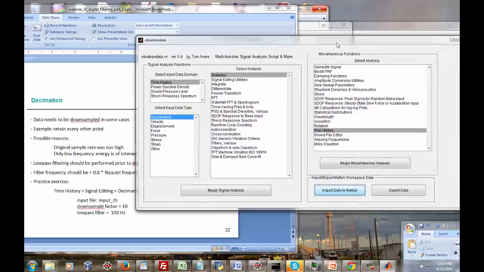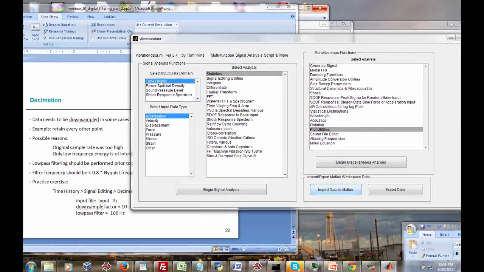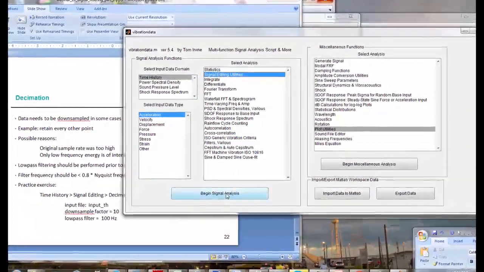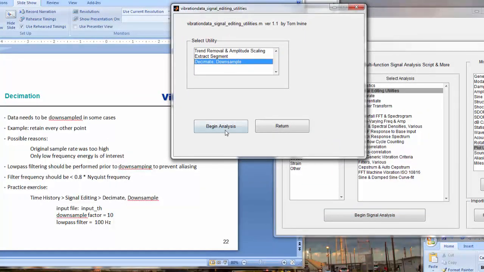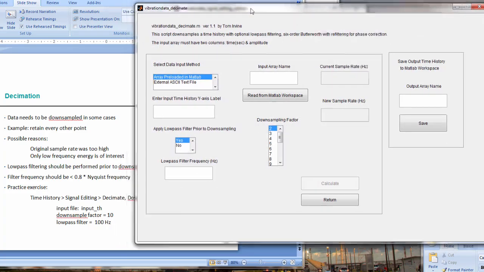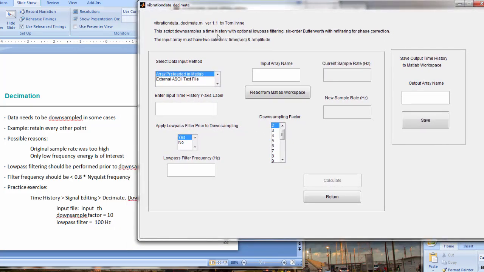downsampling. So let's go to time history input, signal edit utilities. And we're going to do choice number 3. This is decimate or downsample. This script downsamples a time history with optional low-pass filtering, which I say optional, but it really should be used in almost all cases. It uses a 6th-order Butterworth filter with refiltering for phase correction. The input array must have 2 columns, time in seconds and amplitude. So preload into MATLAB, I've got